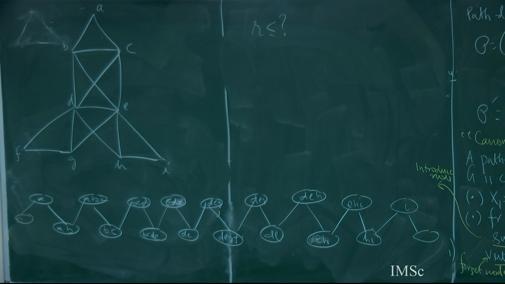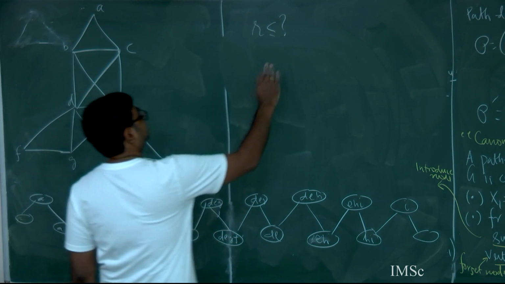Even now, if you notice, if two bags are the same, I can merge them, nothing would happen. If two bags are exactly the same, I will merge them. So in every bag, some action would have been happening. Either some vertex will be introduced or some vertex will be forgotten, and it will happen exactly once for every vertex. So R is actually bounded by 2 times